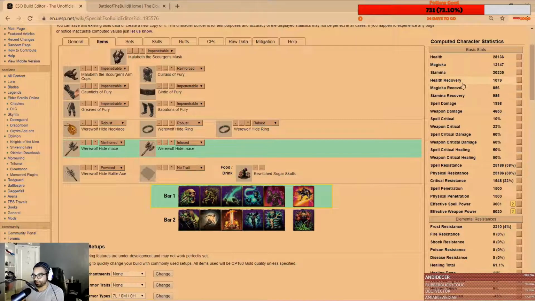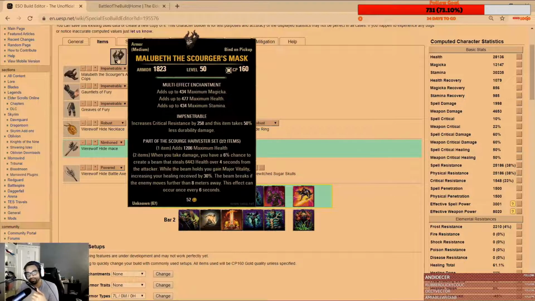So having good HP recovery does affect your max stamina or your max magicka build, because then you end up having to heal for less. I'm actually going to be playing this build today. The reason I chose Malubeth again was because, like I said, this is more of a very heavy hitting